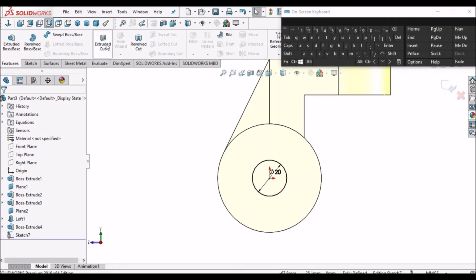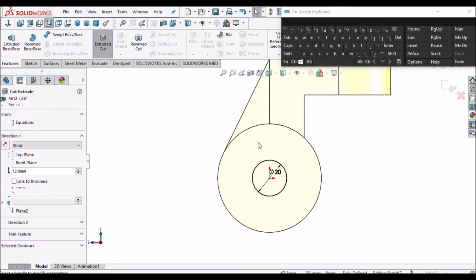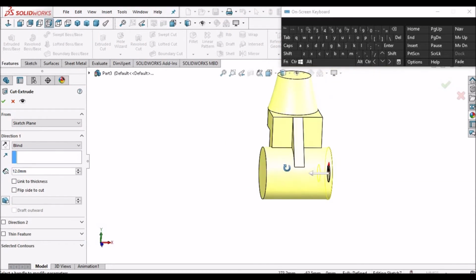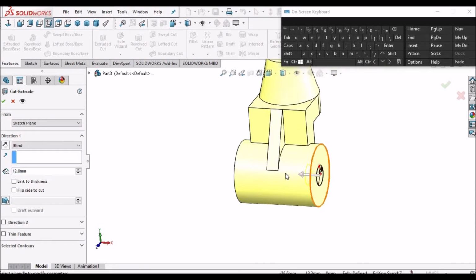Go to feature and cut extrude. See, automatically it shows the material side. Simply click up to next.